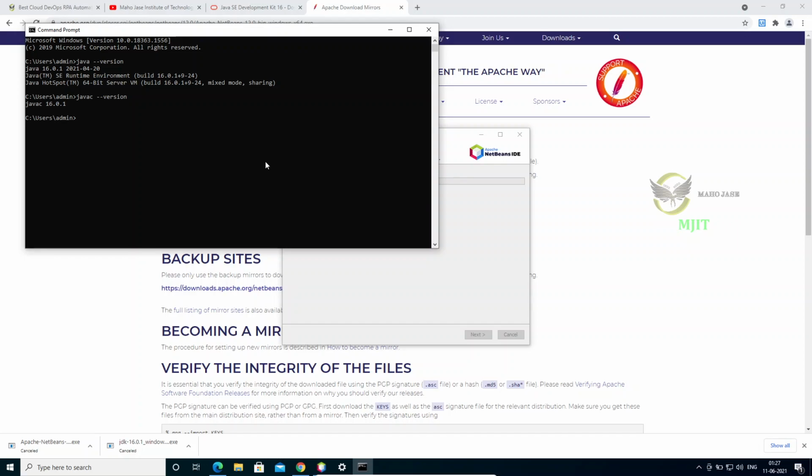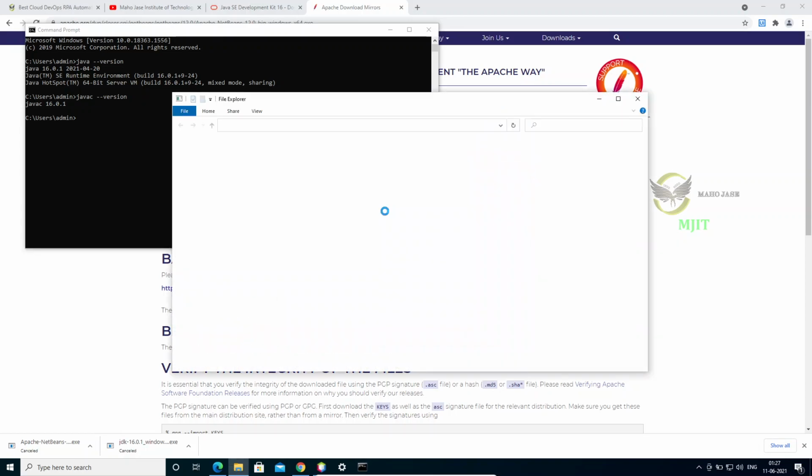For the other one, which is called JAVA_HOME, we need to add that path also. The path is available as usual, the same thing we have copied. Similarly, we need to open the environment variables screen.